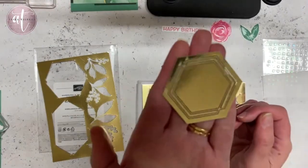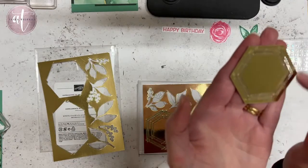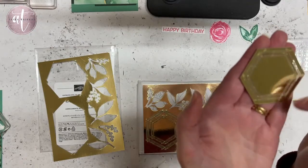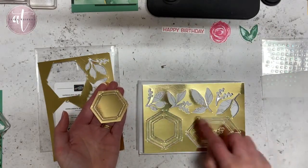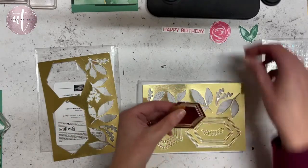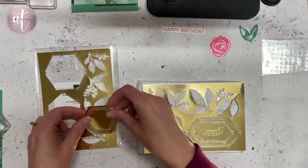I'll see if I can bring that up a little bit closer to you. So you can actually pop out the thicker outline of the hexagon, or you could have the thin one, or you could have the double one. And with these ones here, the same thing. So you can use the outlines, or you can, you know, it's just really, really pretty. So I think I used a bigger one for the card that